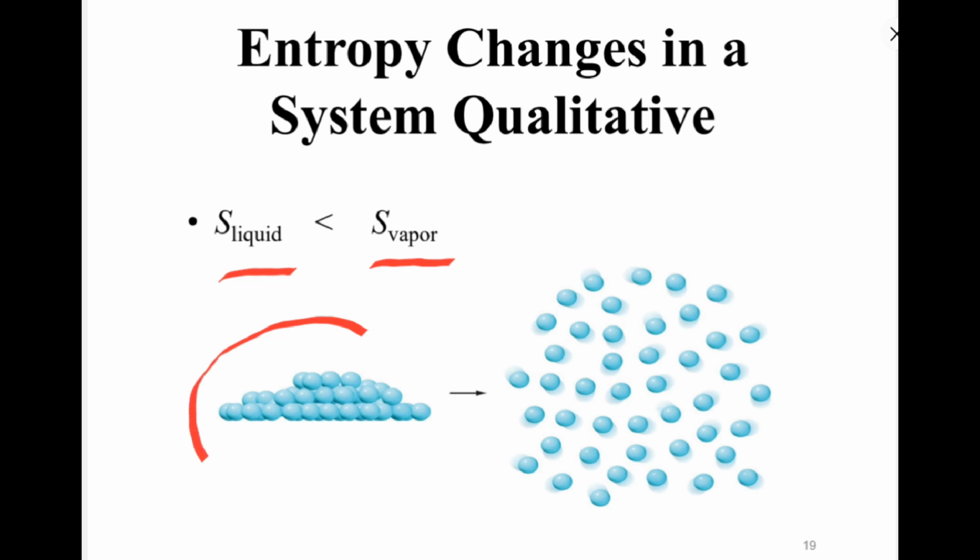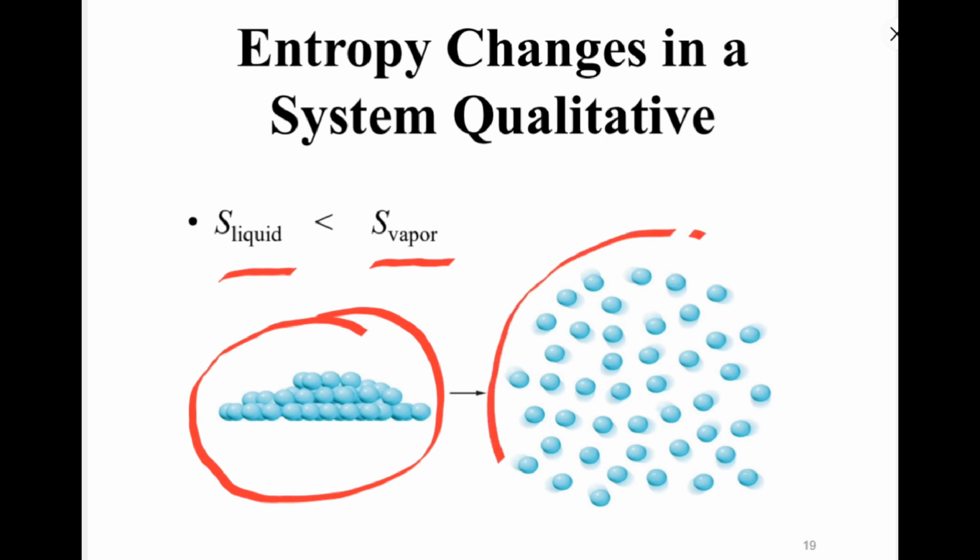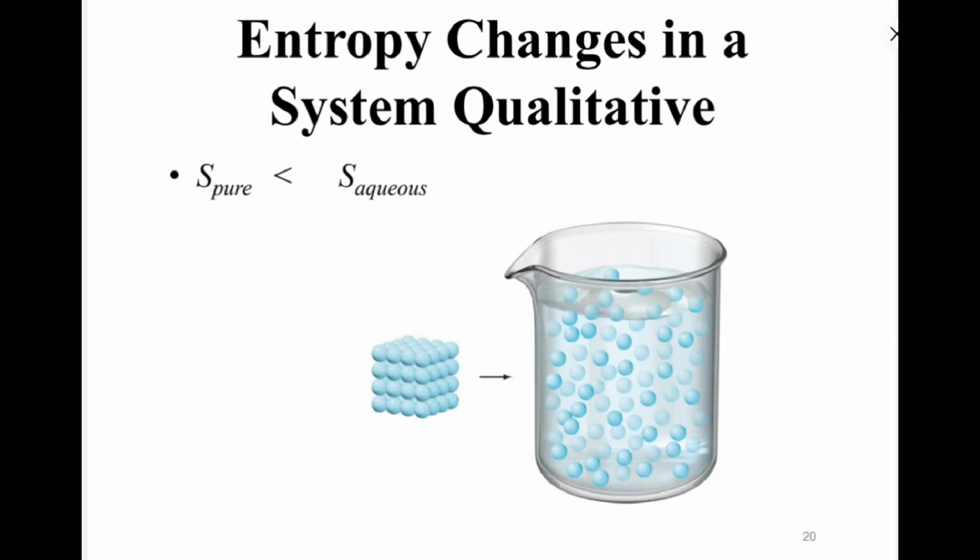Because the particles in liquids are more ordered than the particles in gas. እዚህ ጋር እንደምታዩት ጋዝ ላይ ያሉ ፓርቲክሎች በጣም የተራራቁ ናቸው ሪላቲቭ ቱ ሊኩዊድ ማለት ነው። በዚህ ምክንያት የቫፐር ኢንትሮፒ ወይም የጋዝ ፌዝ ኢንትሮፒ ከሊኩዊድ የበለጠ ነው ማለት ነው፣ ወይም ይበልጣል ማለት ነው።